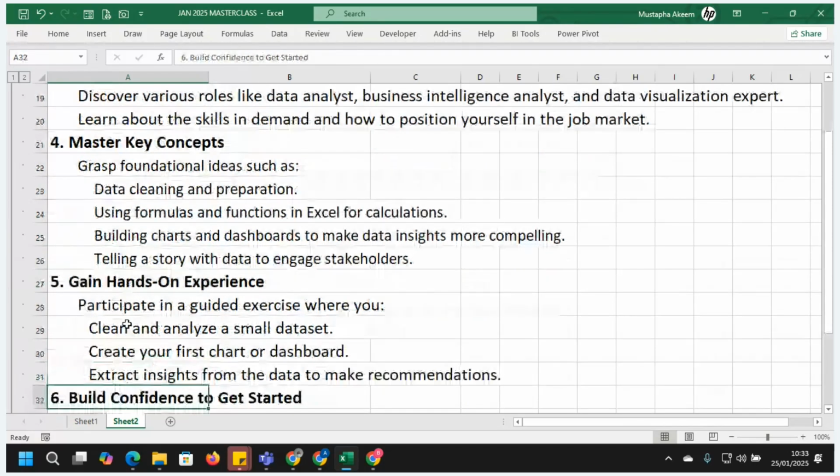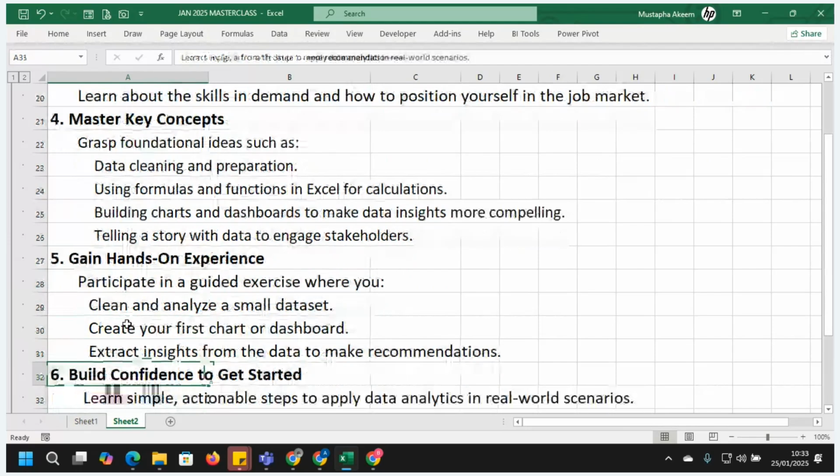And if you check BMC tutors on YouTube, you can also see some of the masterclasses we've had in the past, including one on Tableau. We're going to see how magical that very simple and fantastic tool is. So we're going to see how to clean and analyze small data. And I think you're going to create your first dashboard today. If you've not created a dashboard before, you're going to see how to create your first dashboard today.